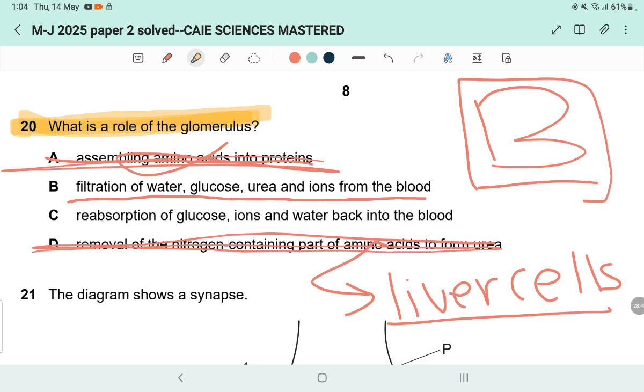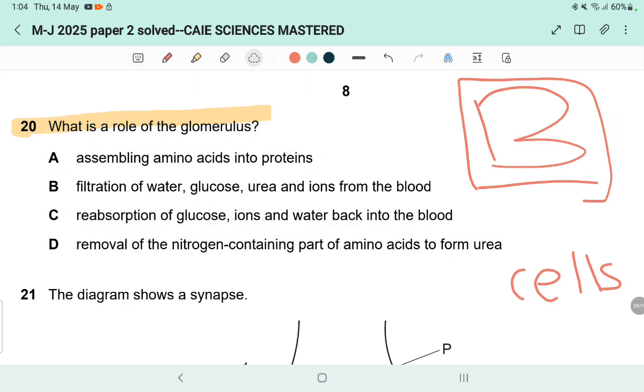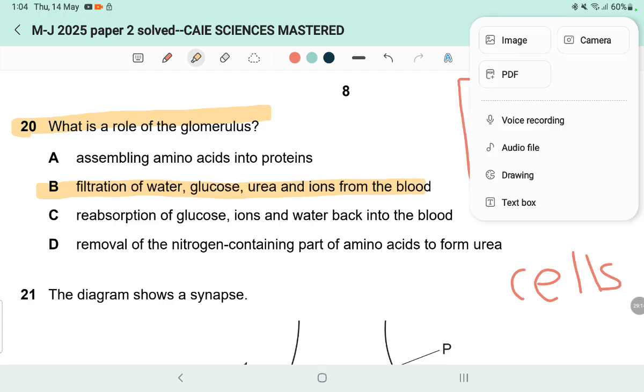And if you can remember with me, we told before that 100% of the glucose is reabsorbed by the proximal convoluted tubule, right? By selective reabsorption, if you can recall. That is what we had learned in paper 4 before. So of course, letter C will be a totally wrong answer. So now the answer will be B, filtration of water and glucose, and let us now explain it